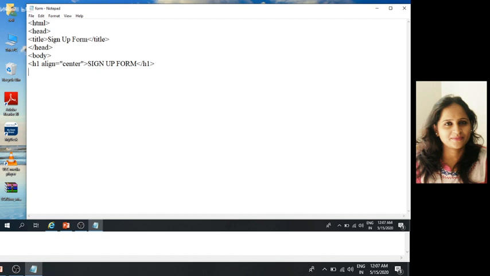Then we will make a table and we will create all the fields inside the table. Then start with center, enter. A table consists of table row and table data. First of all, we need our first row and first table data.